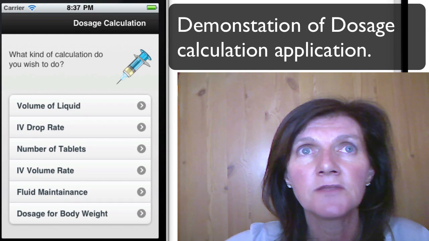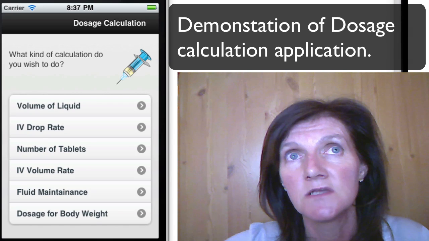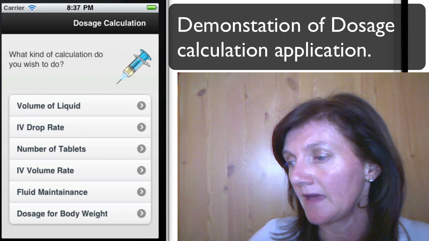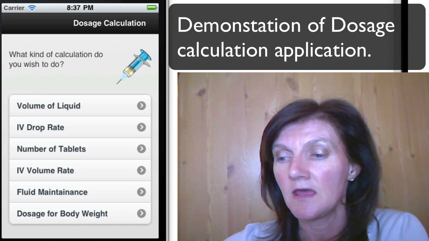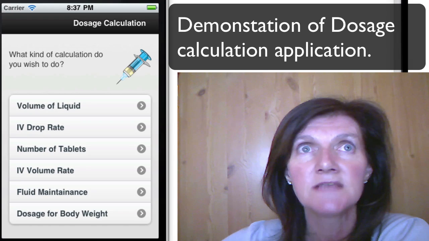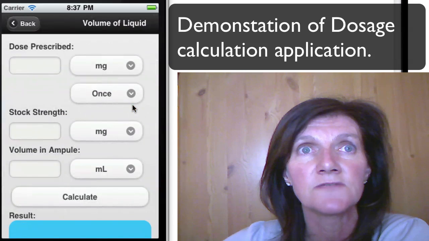So let's go through one of the calculations, which is the volume of liquid. So here we have the table on the app, and I'm going to use Oromorph as an example. The doctor prescribed 7.5 milligrams. So you just click into the box and I key in 7.5. Okay, and then we scroll down